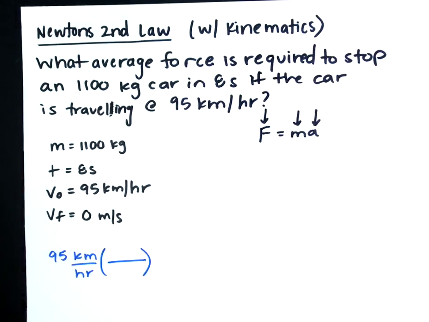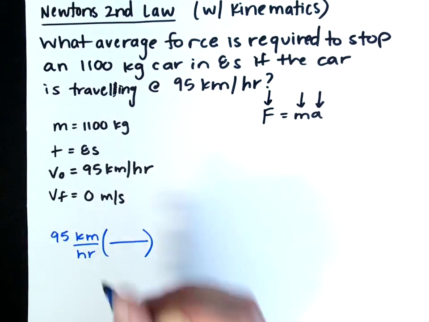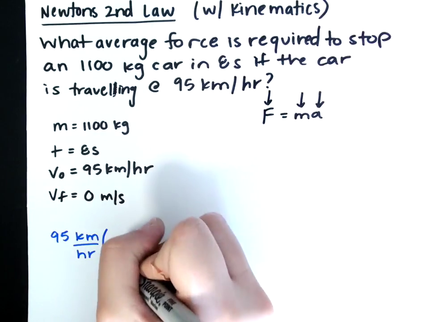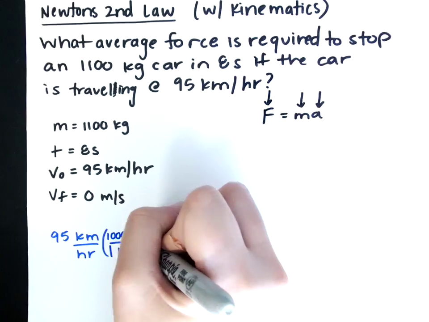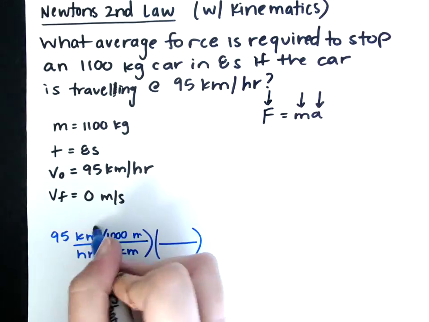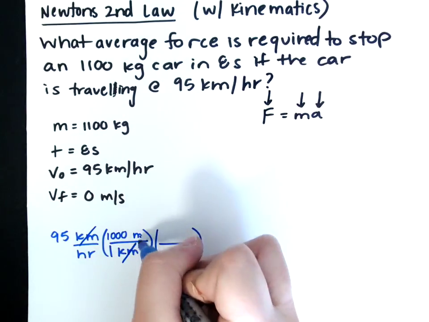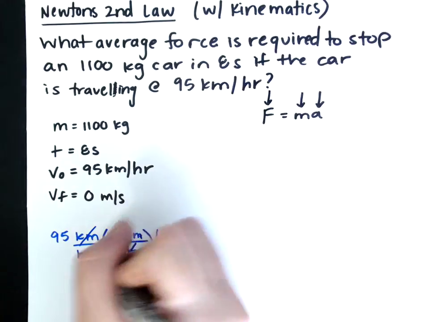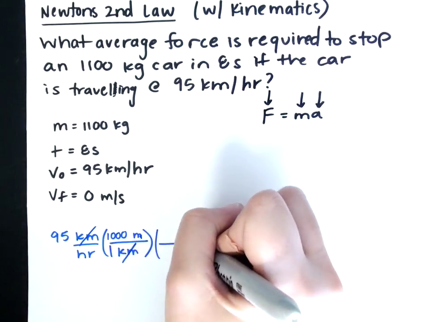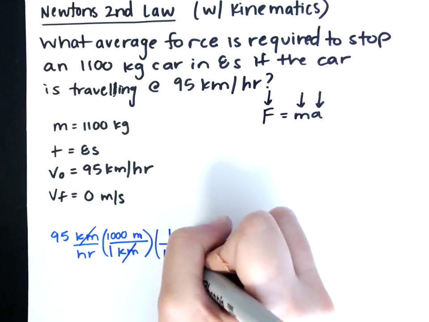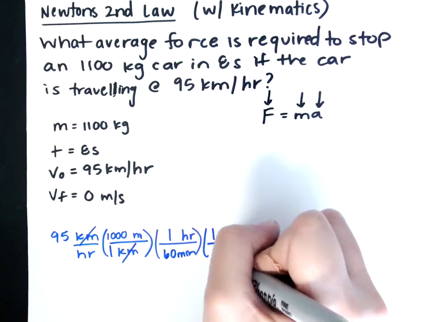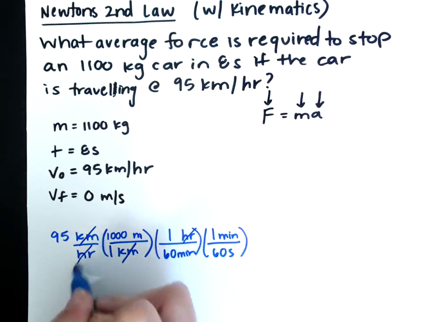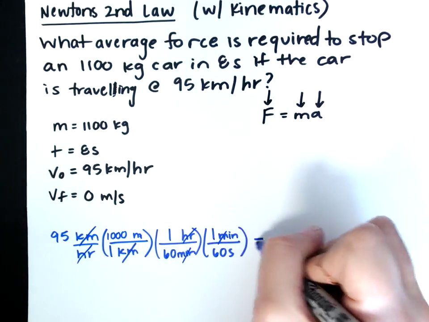So kilometers is on top to start with, but we want it on the bottom. So how many meters in 1 kilometer? So our kilometers cancel. And then we have hours on bottom, but we want seconds there, so our hours need to go on top here. In 1 hour, there is 60 minutes. And then in 1 minute, there is 60 seconds. So our hours, you'll notice, cancel. Our minutes cancel. And we get,